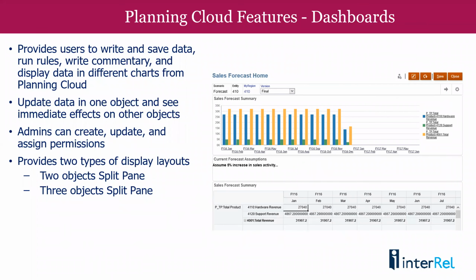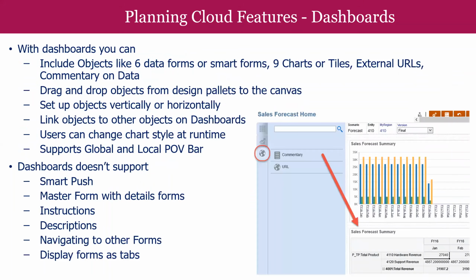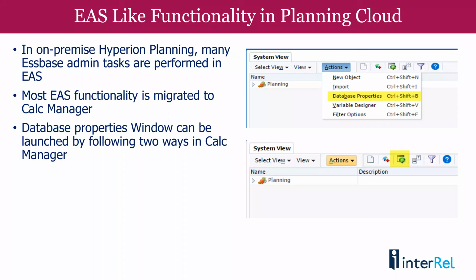So smart pushes are based on data maps, which have a source and a target. Right now, that target can't be the same as a source. But Groovy can do that. So Groovy is available in the cloud. And you have dashboards. And really quick, with 1 minute left, EAS is gone. What we did is we complained that we needed EAS functionality, and they gave it to us. They gave a lot of it to us, other than what we can't control,